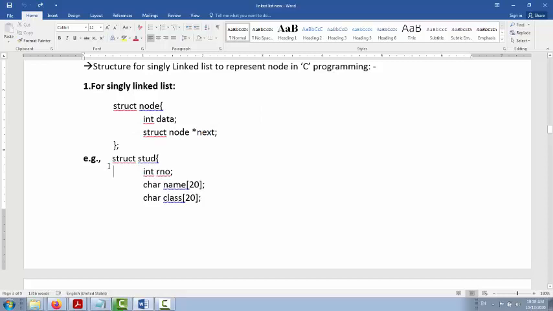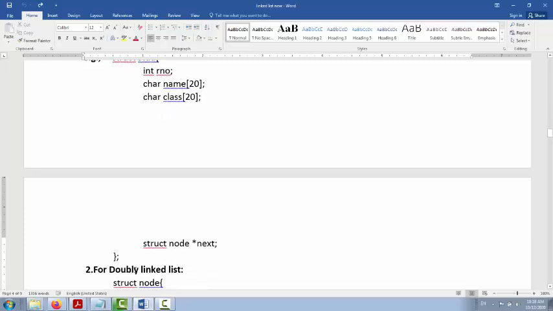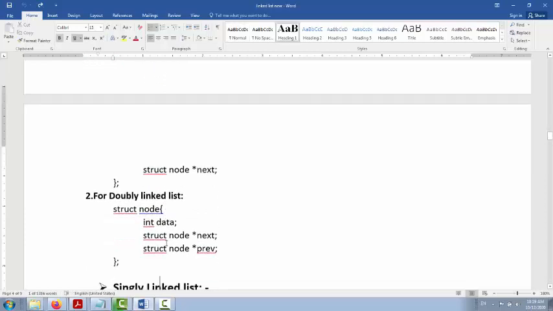This is the syntax. Let us see programmatically how we can define struct student, then integer roll number, character name, character class, and we created one pointer, struct node star next. This is the pointer of the structure node. Star next means a pointer to the structure node.